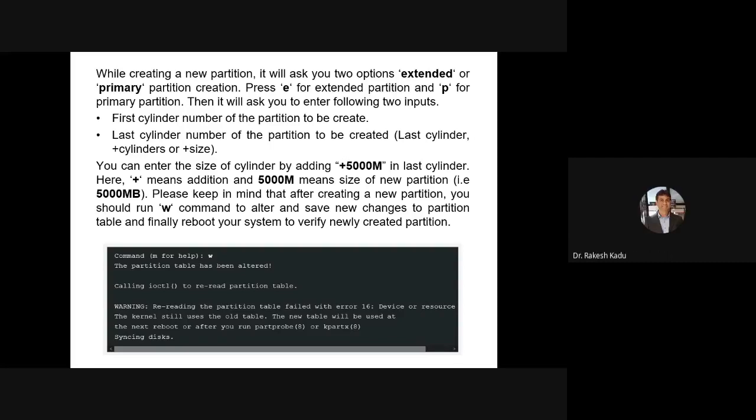Okay, sir. Okay, so press E for extended partition and P for the primary partition, then it will ask you to enter the following two inputs, that is first cylinder number of the partition to be created। तो कहाँ से वो शुरू करना है, सिलेंडर नंबर। तो आपको मैन्युअली एंटर करने की जरूरत नहीं, जस्ट प्रेस द एंटर बटन। बाय डिफॉल्ट इट विल टेक अ फर्स्ट सिलेंडर, अनरिजर्व सिलेंडर से। एंड लास्ट सिलेंडर नंबर ऑफ द पार्टीशन टू बी क्रिएटेड। ओके, अगर आपको ये डिफिकल्ट जाता है तो आप वहां पे साइज भी दे सकते हो, है ना। फर्स्ट सिलेंडर लास्ट सिलेंडर से आपको पता नहीं चलेगा कि साइज क्या है, क्योंकि सिलेंडर से हम साइज रिकॉग्नाइज नहीं कर सकते हैं।